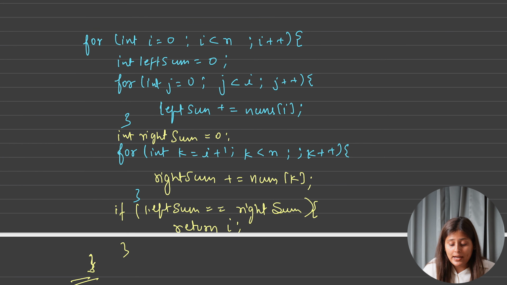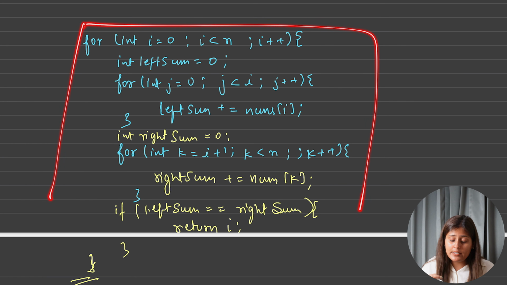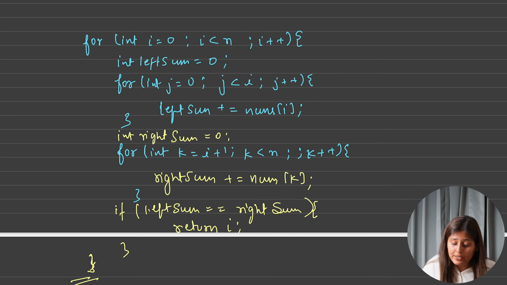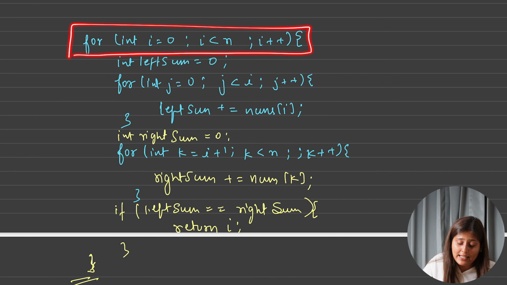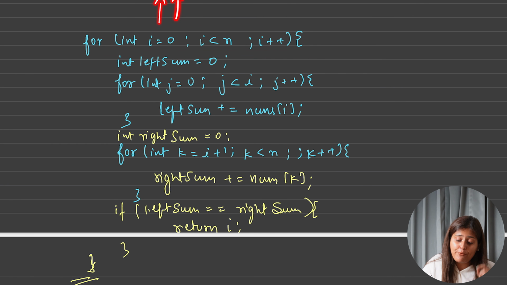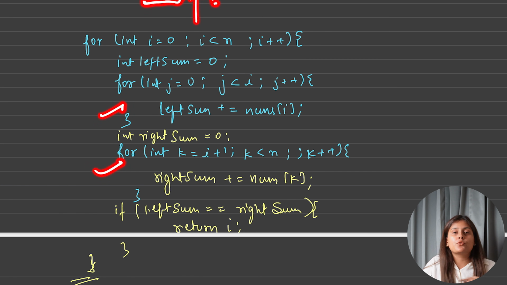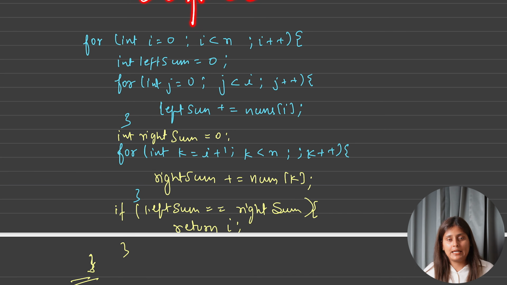Now you can run this code, and if you want to talk about time complexity, as you can see, for every i index we are going at every i, and then from every i we are calculating the left sum and right sum. So even though the first for loop will run for this half and the second for loop will run for this half, so total n minus 1 only, that is in nested order. So for every i I am running inside the whole for loops. So the total time complexity will be O of n square.